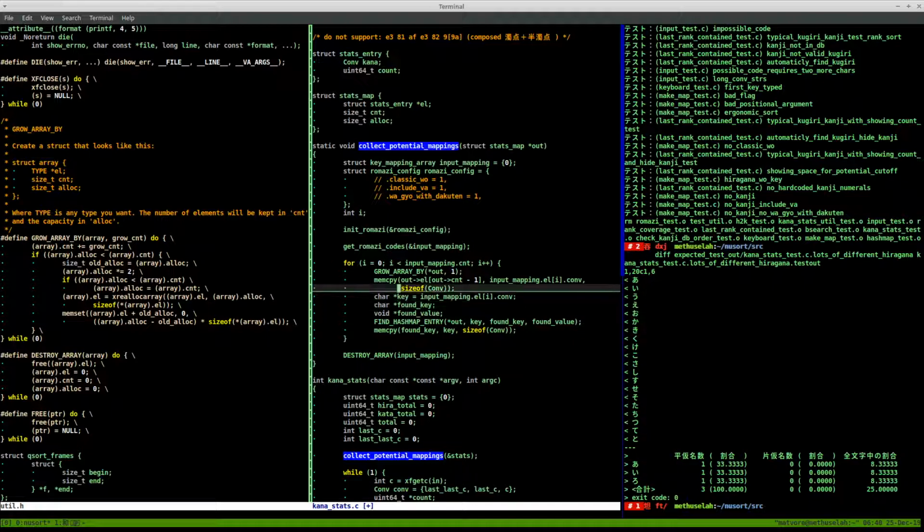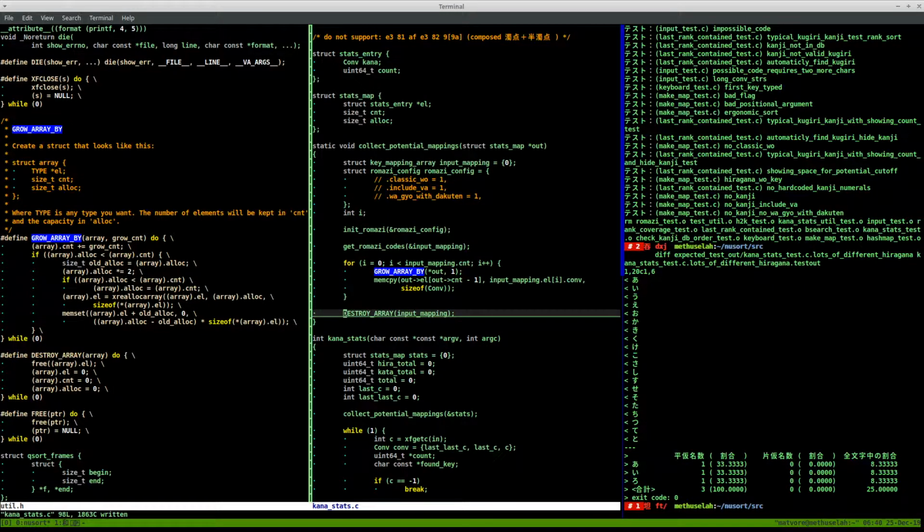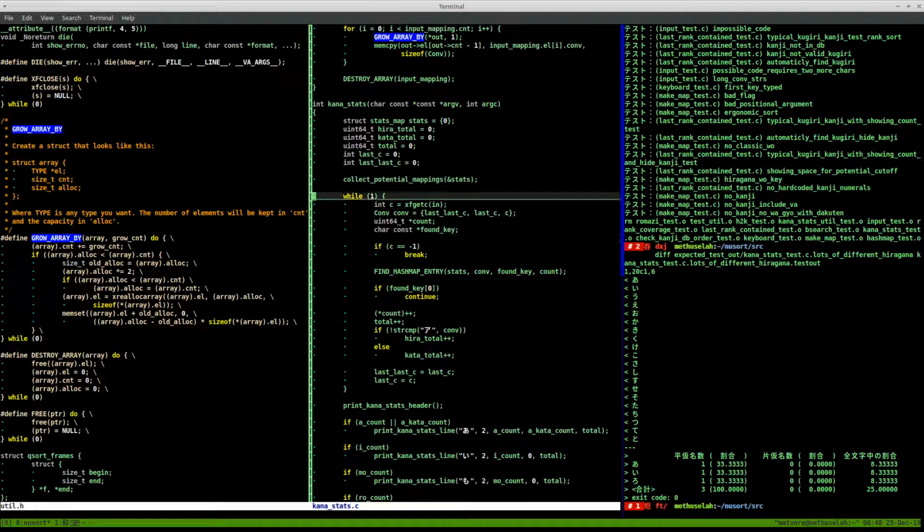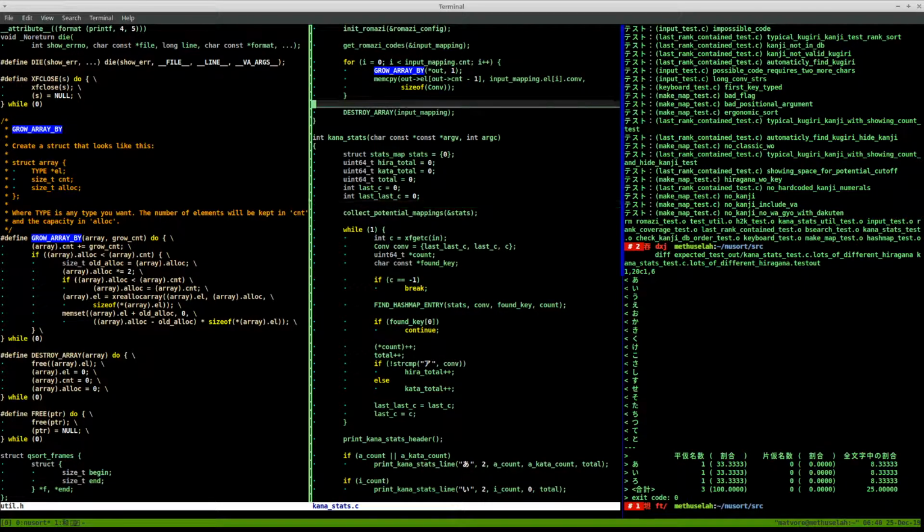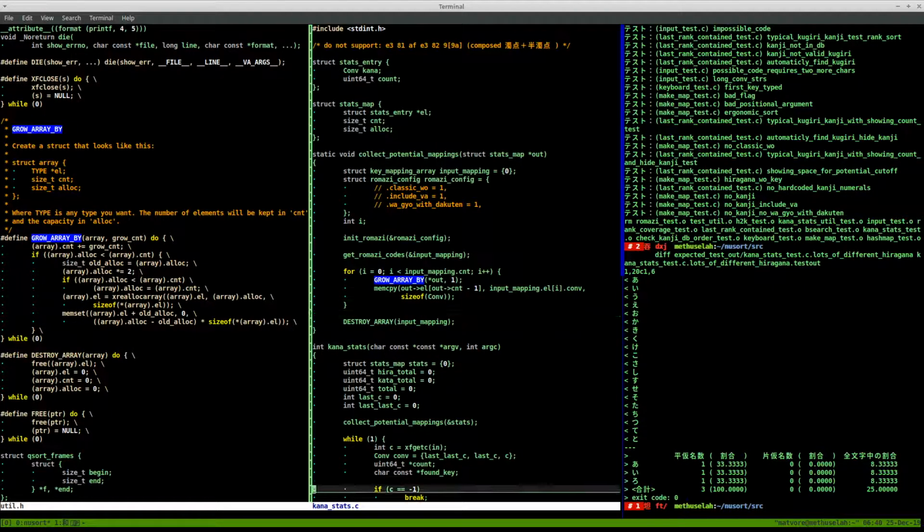Great. And then, okay, so the count should already be 0 because that's what grow array by does. So that's all we have to do. Now, down here we've got to do a stats test. So let's see, stats entry. We want to get a stats entry value, so we don't need found key or count, but we do need a struct stats entry,